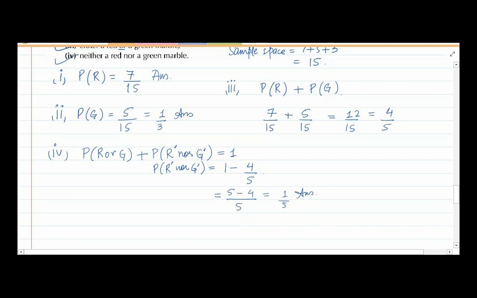So in above questions we have learned that if in a question it says or, that means you need to add. Or indicates addition, and when you have the word and, that means you need to multiply. It will be better if you write these two keywords in that part of the copy where you can easily